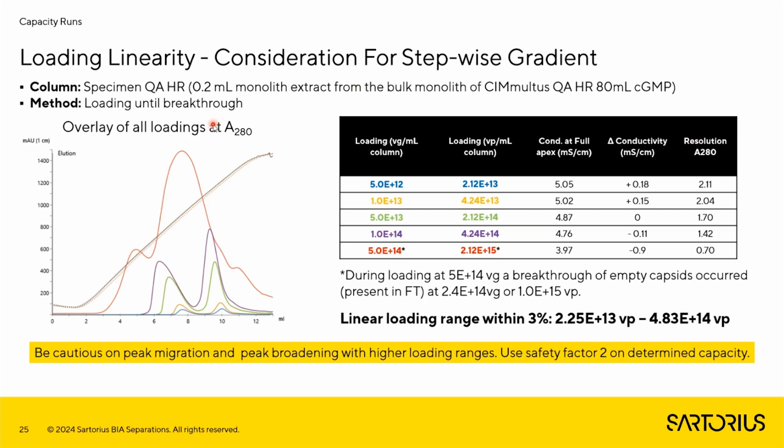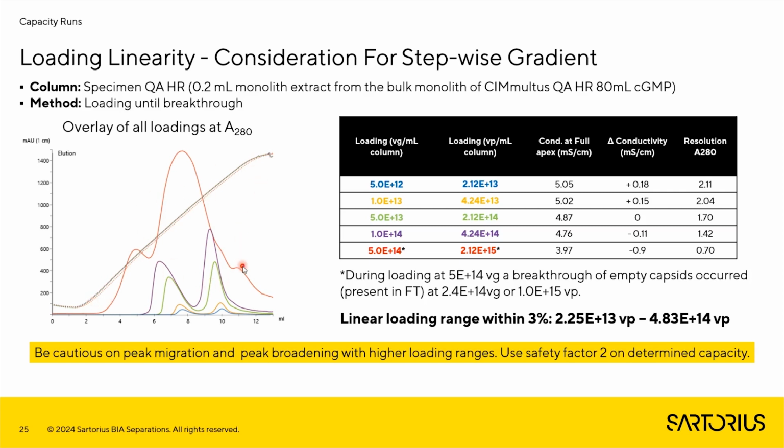So what we've done is we loaded in different amounts. I will be talking more in terms of vector particles because the capacity is dependent on the particles rather than the genome. So we loaded anywhere from 2e13 up to 2e15 vector particles per milliliter of column. And in the last case, the red curve, it is not shown here, but in the flow-through response, we reached a breakthrough, meaning we had some of the empties present in the flow-through, and that also manifests